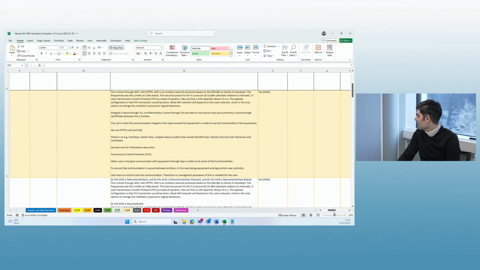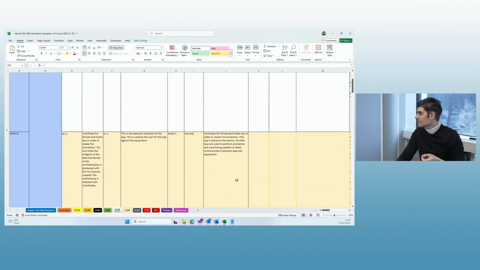So we have Øyvind with us. He will do the testing, but let me first go through how this is done and what you need to know about them. Okay, so the first thing in this example,